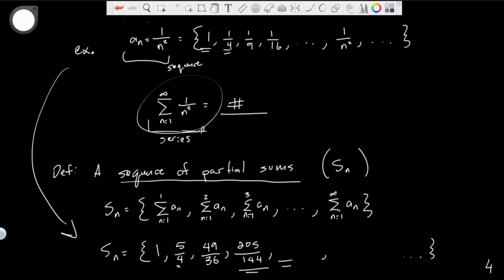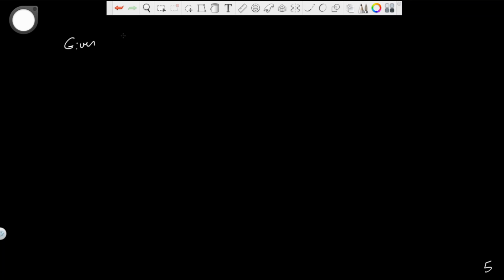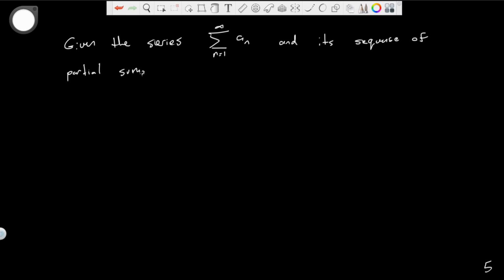Right? We're defining a series based on a sequence of partial sums. So what do I mean by that? What the heck is the relationship between the series, the thing I started with, and this new definition, a sequence of partial sums? Well, given the infinite series, forgive me how I write all my symbols, the infinite series n to infinity of a sub n, and its sequence of partial sums, S sub n,